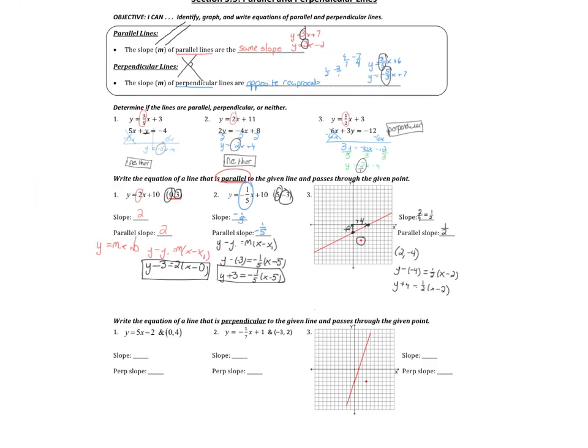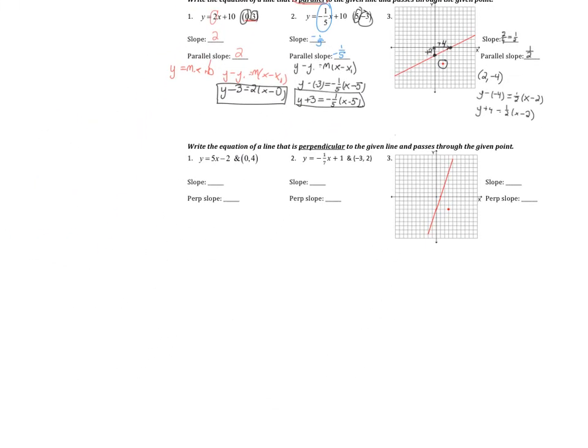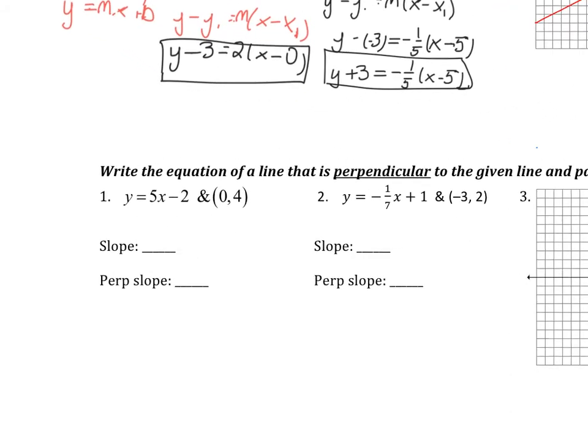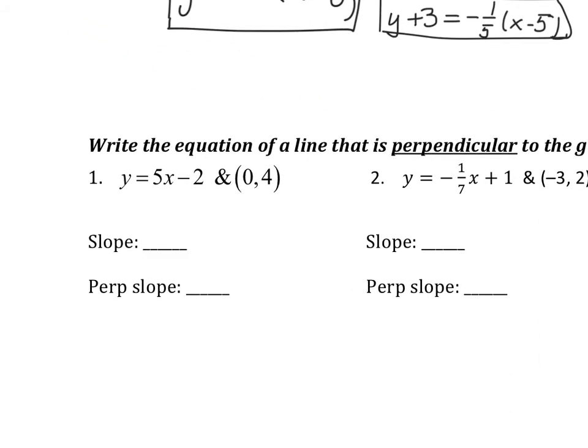Let's start to talk about perpendicular lines. With perpendicular lines, we're going to write the equation of a line that's perpendicular now, given the slope and that point. So on number 1, your slope is going to be this positive 5. What you need to do to find your perpendicular slope will be a little tougher than it was for parallel. First, let's rewrite our slope as a fraction. So rewrite 5 as